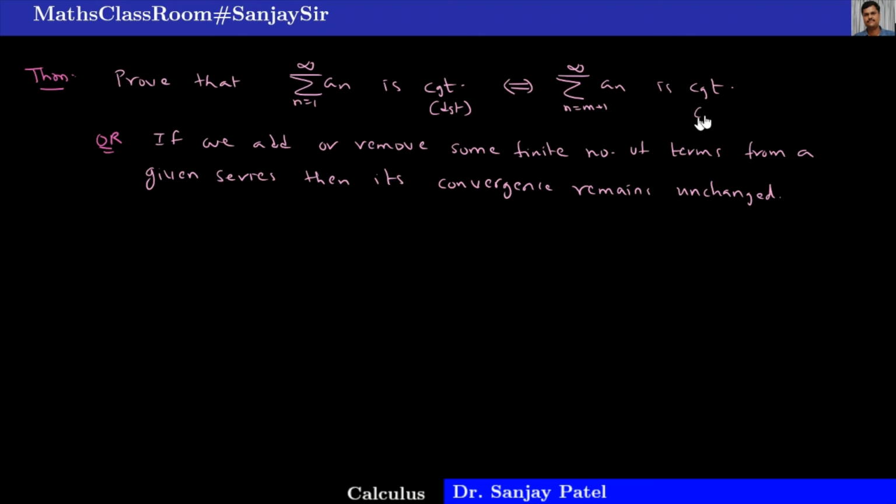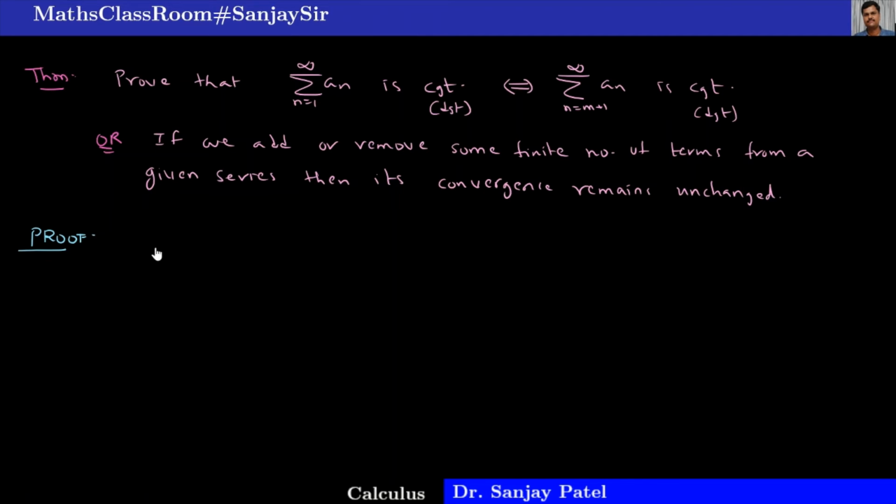So you can also write like this. Sigma 1 to infinity an is divergent if and only if sigma m plus 1 to infinity an is divergent. So let us prove this. There are two parts here. It is if and only if. Let us prove. Okay. So first of all,